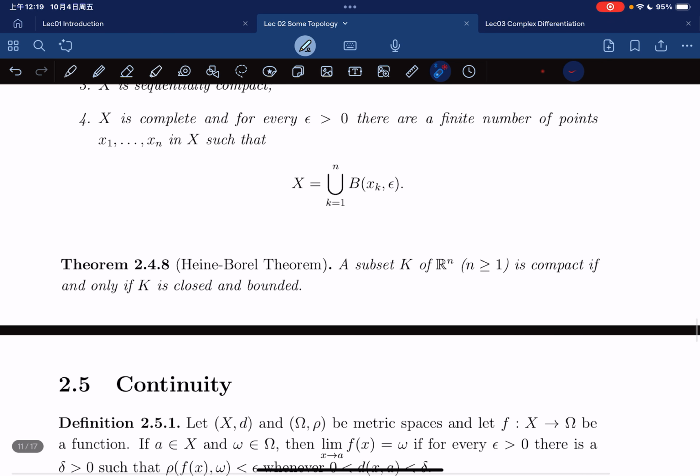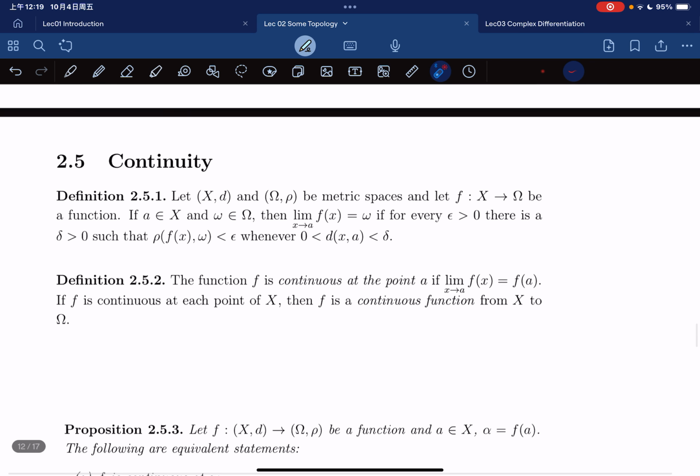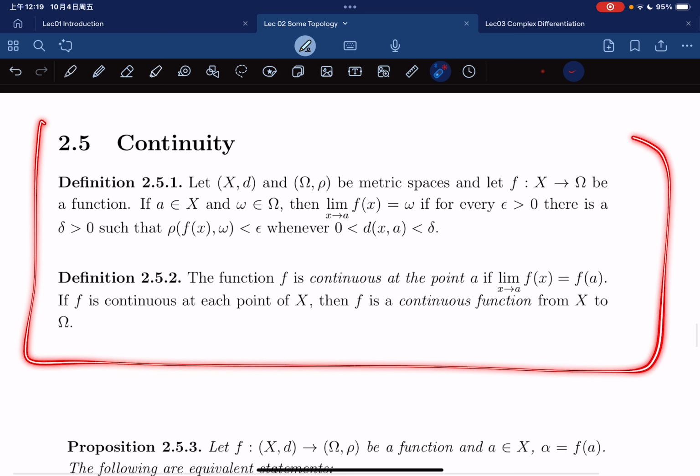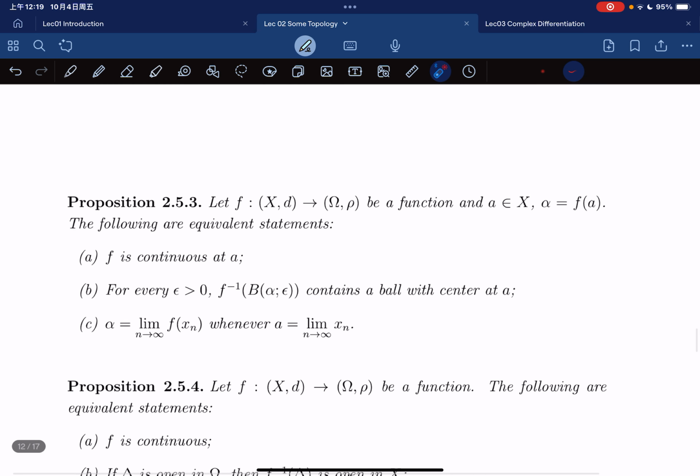Right? Heine-Borel, very famous. A subset of Rn is compact if and only if it's closed and bounded. We talked about continuity on metric spaces. I'm sure that we are familiar with this already. And yeah,